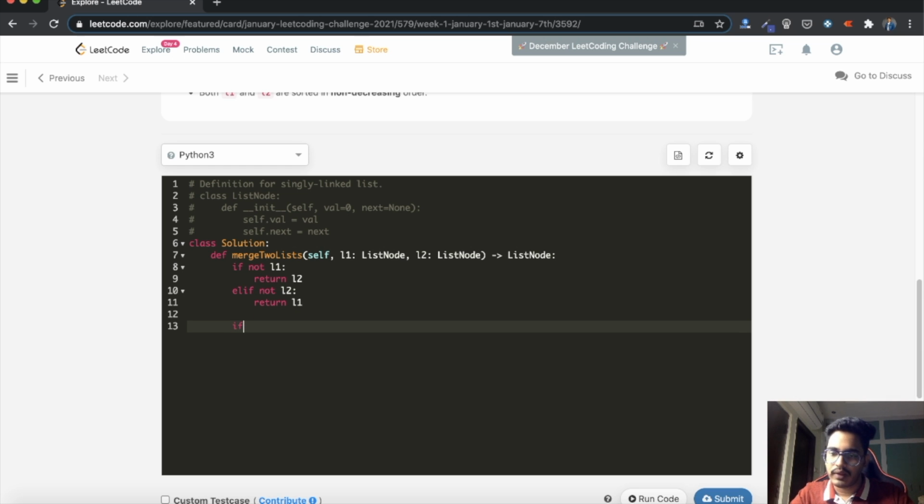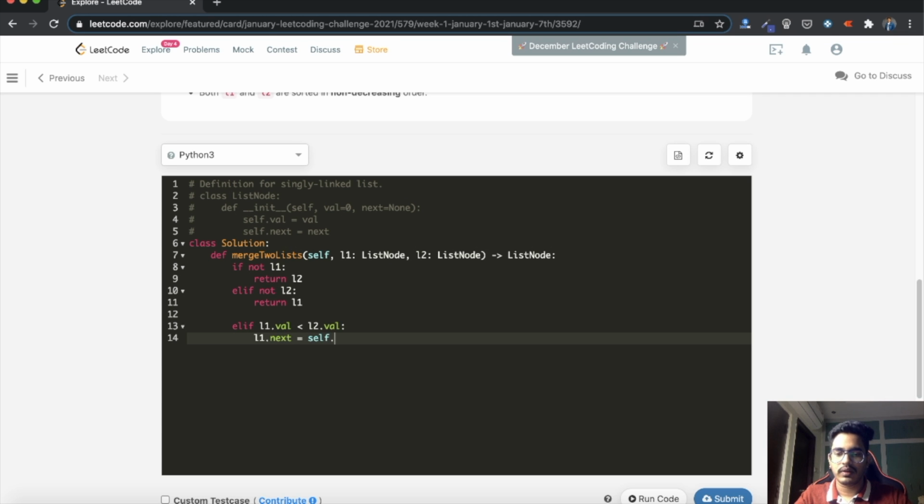So if L1 dot val is less than L2 dot val, same thing elif. So what we'll be doing is L1 dot next is equal to self dot merge two lists, so we are recursively calling our merge two lists, with L1 dot next comma L2.